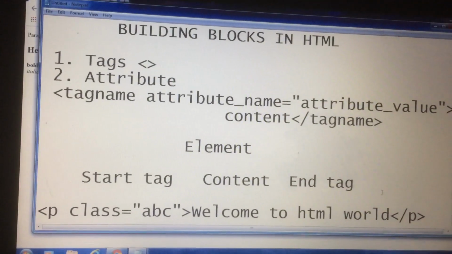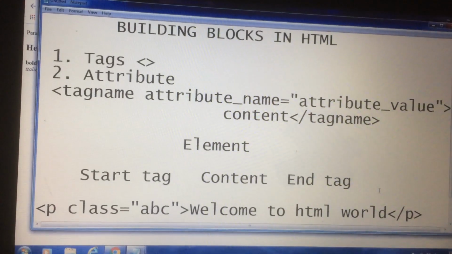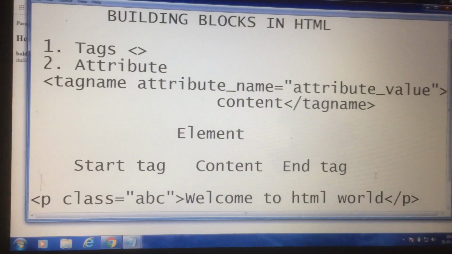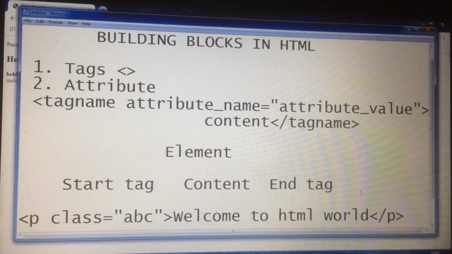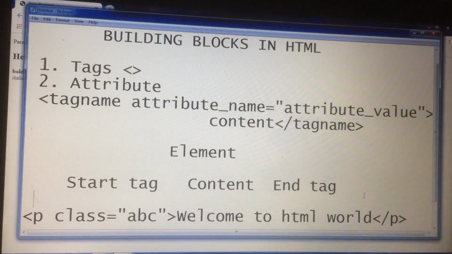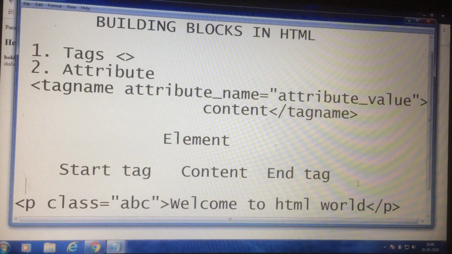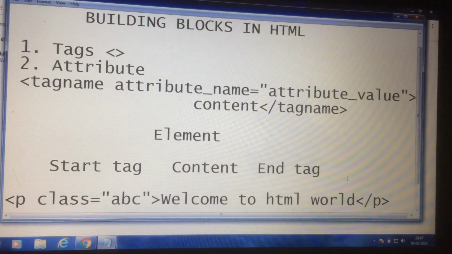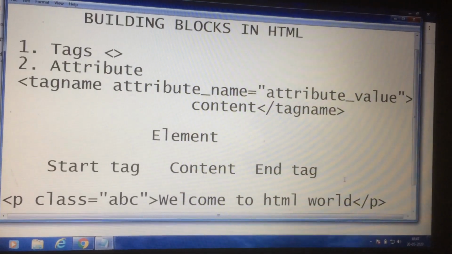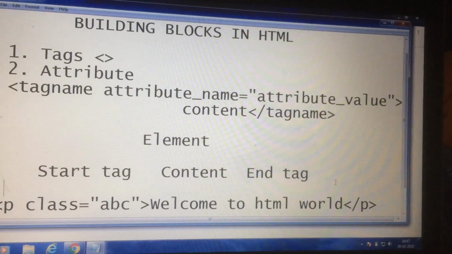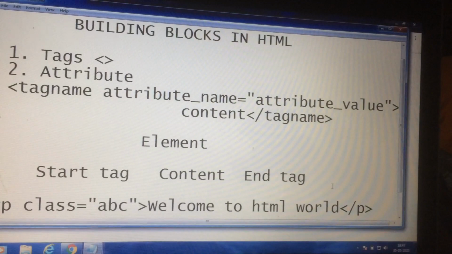Coming to attributes, we'll discuss a few points about attributes. HTML attributes are special words and modifiers of an HTML element which provide additional information about the element. Attributes should always be applied with the start tag, and with a name and value. Each element or tag can have an attribute which defines the behavior of that element. These attribute names and values are case sensitive.